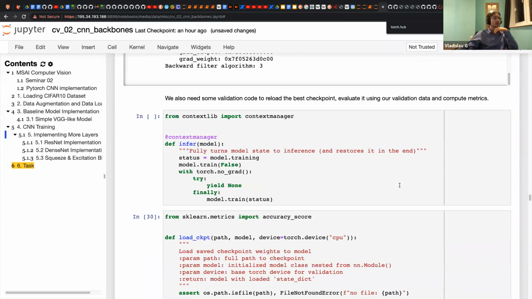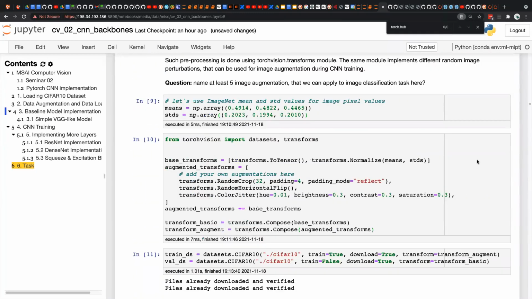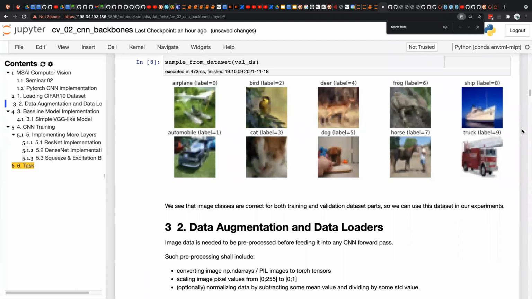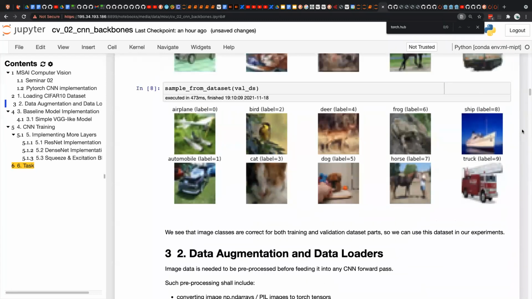Thanks for waiting. Vladislav, finally, should we upload to PyTorch or should we upload to Stepic? Speaking about uploading, I was speaking about the weights. So if you want, you could put your weights on Stepic, but I'm not sure if Stepic could handle such big files.